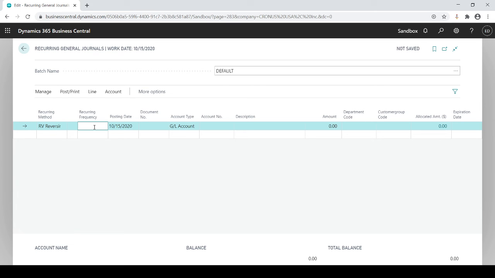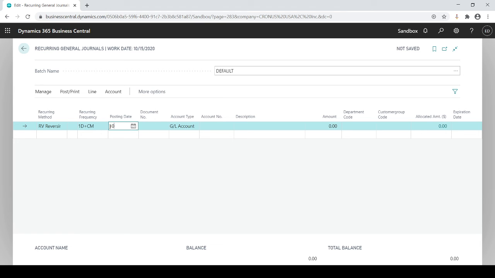So the one formula that you want to use is add 1 day, because if my posting date is going to be the last day of the month, you want to add 1 day and then have it plus CM, which means current month. Current month will always force the system to be the last day of the month that you're in, the current month that you're in. So this is an important formula to know for your accrual entries. So add 1 day